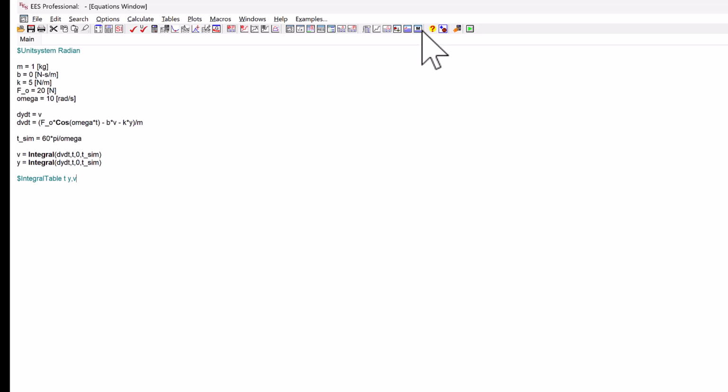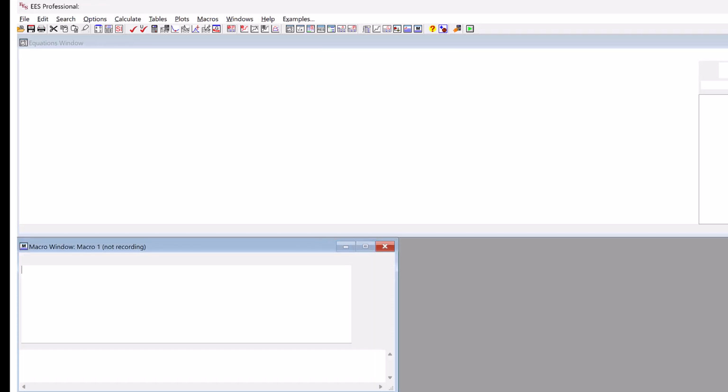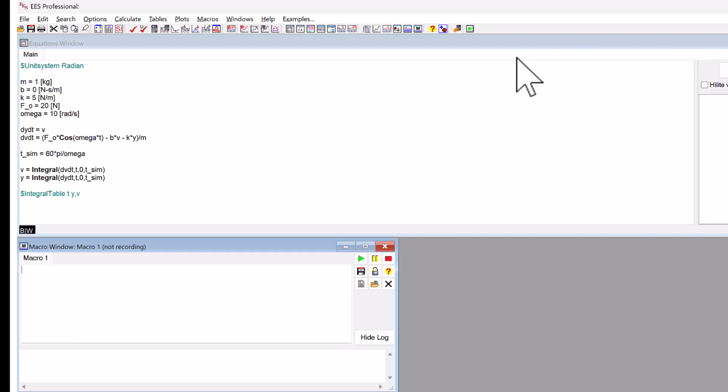time that the calculations run. So basically I'm going to get a new plot that will let me immediately see the results of changing the parameters or whatever it is that I want to do. So I'm going to open a macro window here. So open the macro window, and again I can do this in a few ways, but what I think I'm